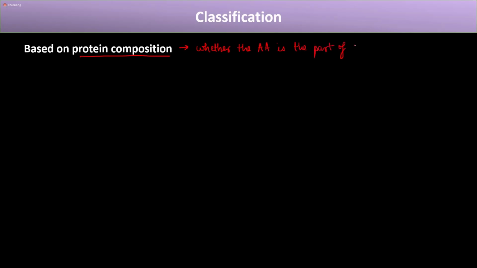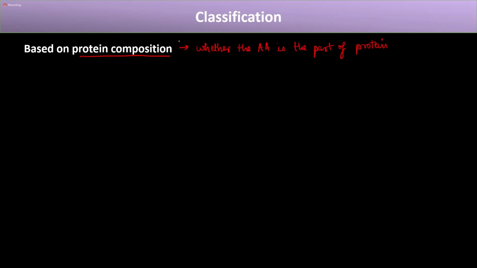So the first type of classification that we have is based on the protein composition. Okay. So what does it mean? Protein composition means whether the amino acid is part of protein. Whatever protein is present in our body, whether that amino acid is part of the protein or not,